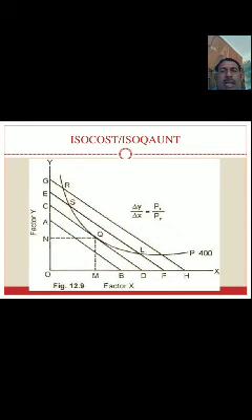Here the CD isocost line of 400 rupees and the isoquant are tangent at the point Q. That's why where the isocost line and isoquant are tangent, that is the producer equilibrium, and the maximum production will arise there. At the point Q, OM labor units and ON capital units we have to use for the production process. We get the maximum 400 units of production of the particular product.